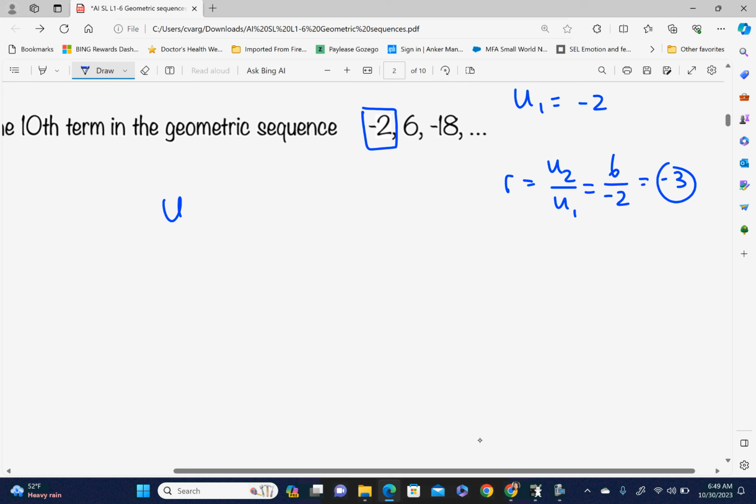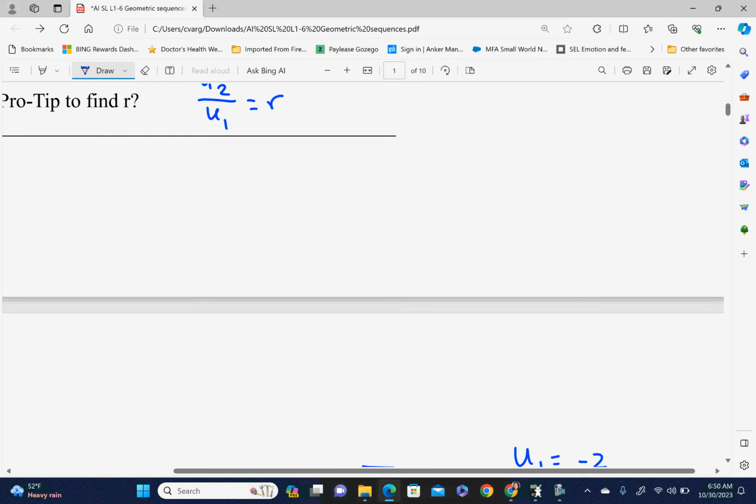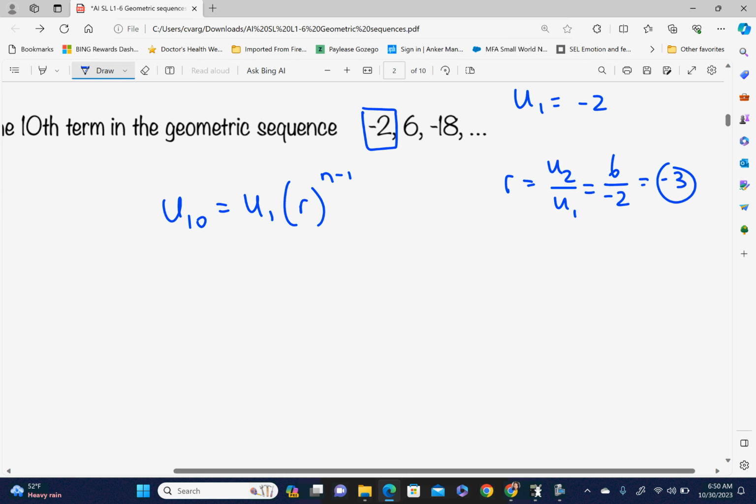So write down the formula. Here, they're asking us to find the 10th term, so U10, n is 10, is equal to U1 r to the n minus 1 power. Just make sure that it's exactly the same way, and it is. And then now you just plug numbers in, okay? So here, we know that n is 10, so we could do 10 minus 1. So U10 is equal to U1, which is -2. And then the r is -3. Always put the r in parentheses so you don't get it wrong,